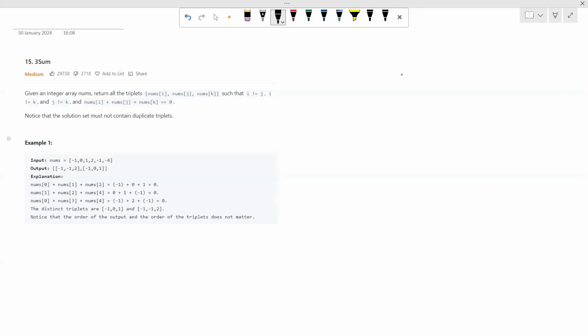So what is our main goal? We need to find those triplets whose sum will be equal to 0, right? And this solution set must not contain duplicate triplets. We need to keep this in our mind. Now let's look at the example,